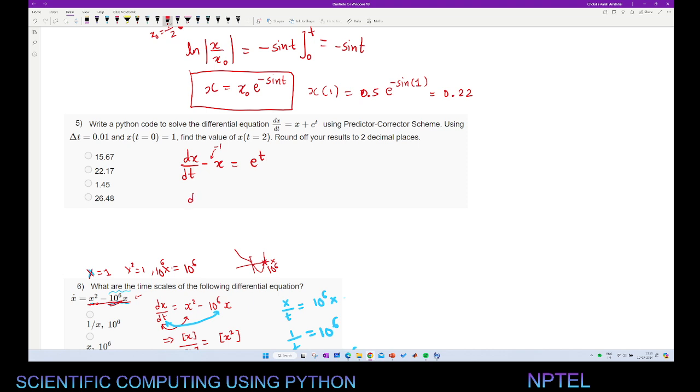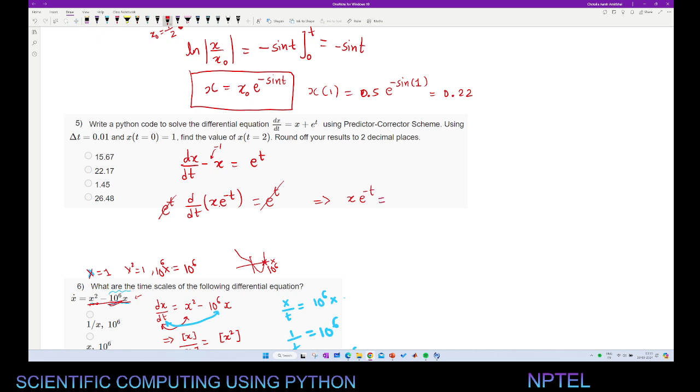So what should it be? It should be d by dt of x times e to the power minus t. And this will be exactly this one with exponential t sitting here, which will nicely cancel with this one. So we just get x e to the power minus t